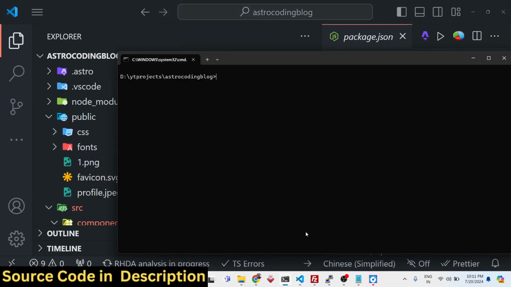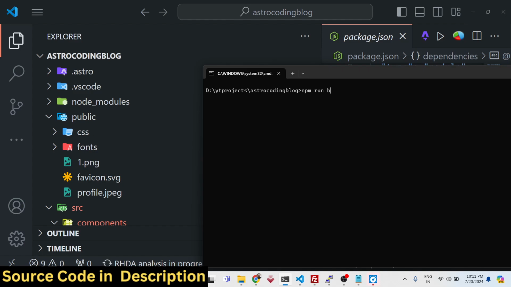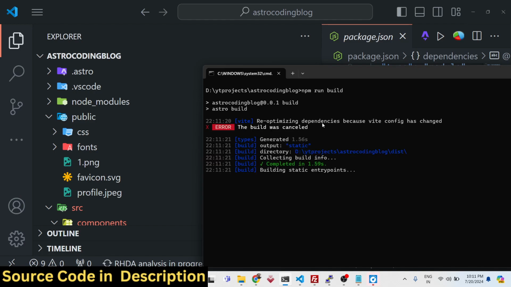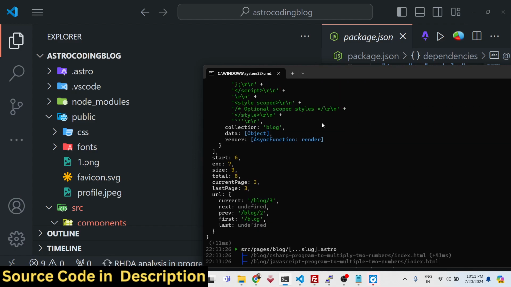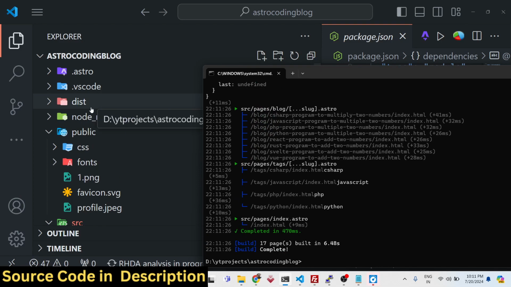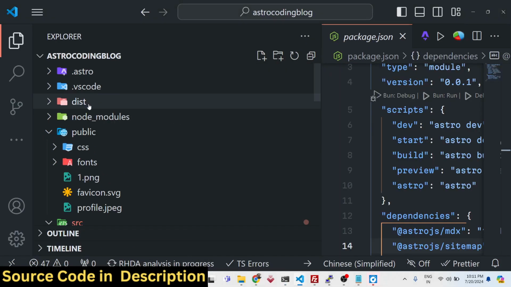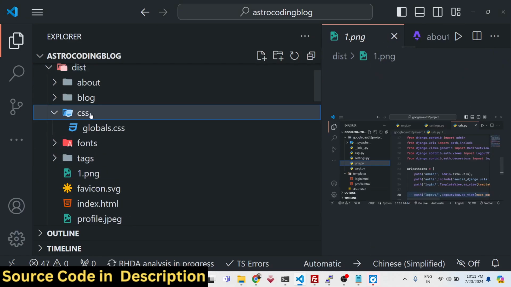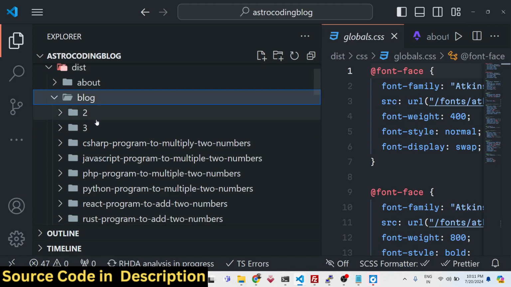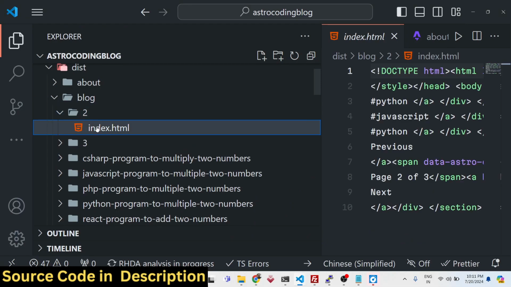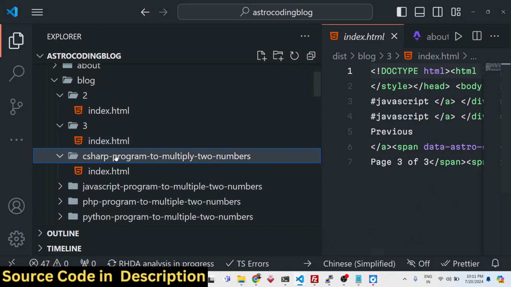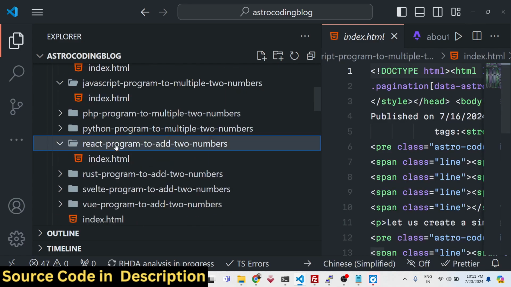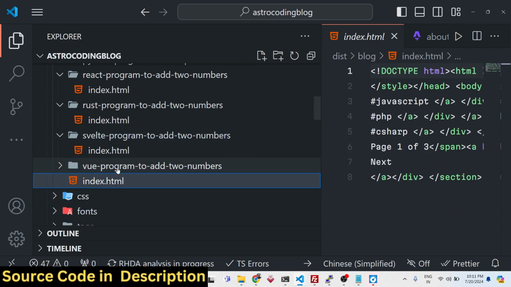It will create a static folder. npm run build. You will see that a dist folder is created. This is the production folder. It will hold the static assets such as the images, the CSS, global CSS. This is your pagination paths right here. It has created that static path that I was talking about. For each blog post, it has created this index.html page. Now if you want to deploy this,